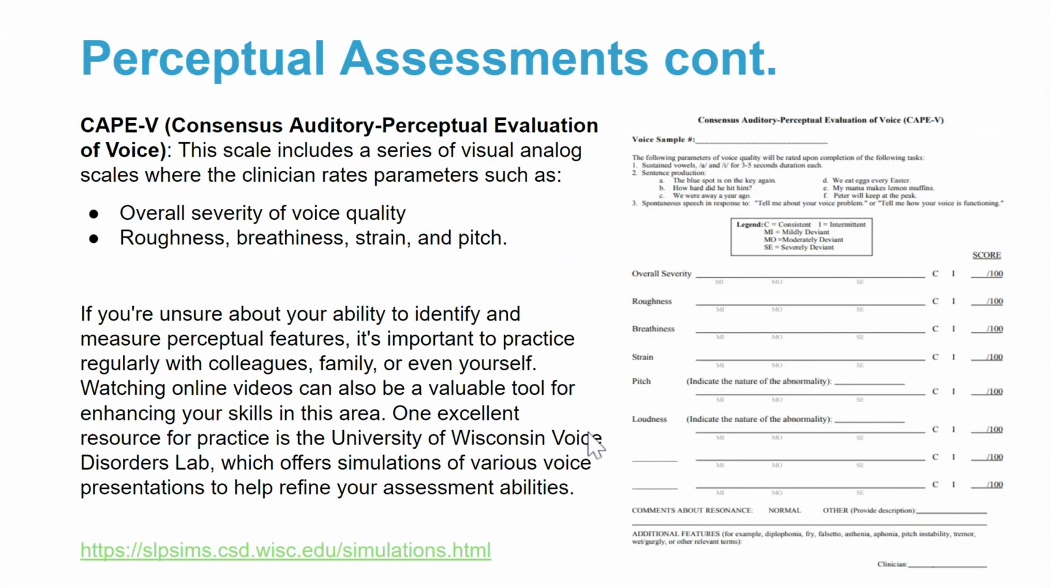Now moving on to our CAPE-V assessment. This is a scale where the clinician rates different parameters. As you can see, overall severity of vocal quality, roughness, breathiness, strain, and pitch. You don't have to do both the CAPE-V and the GRBAS scale. It's completely up to you. As you'll see with the CAPE-V, there are a few tasks already set out for you, looking at their ability to produce sustained vowels, A and I,